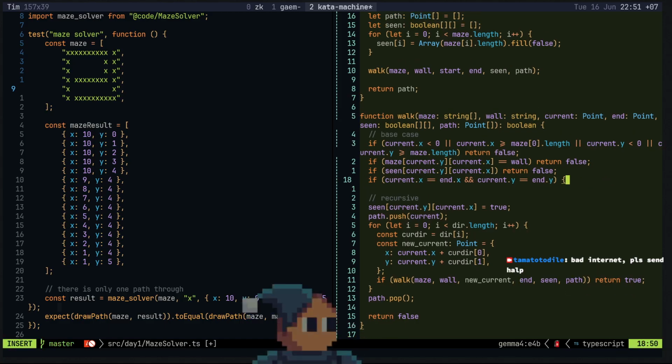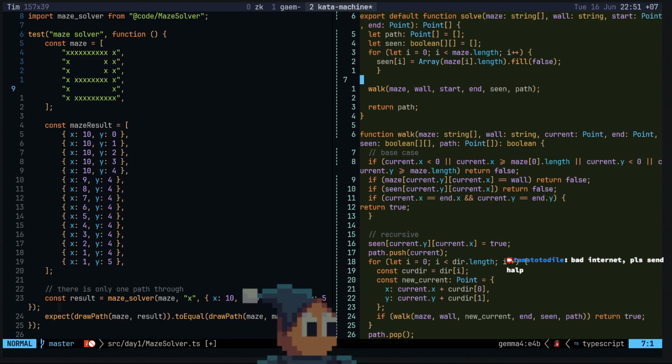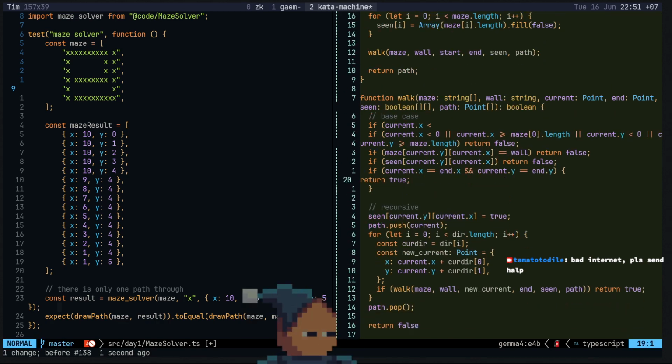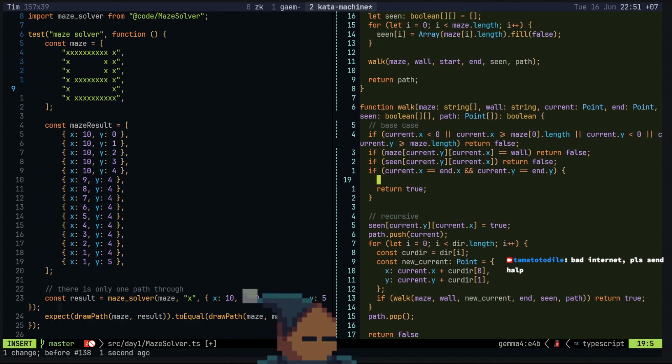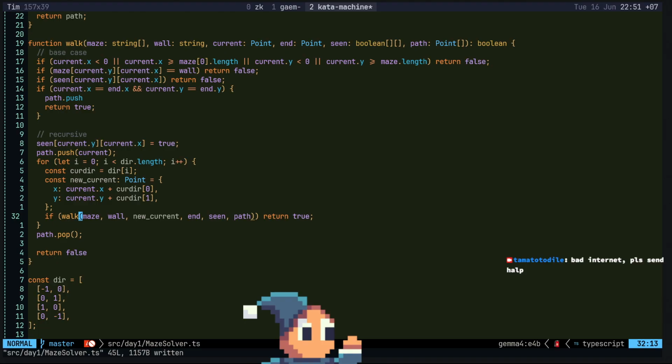I also saw this back when I was solving this for the first time. Completely forgot about that. Basically, we just need to append the last point as we finish the maze. We've looped through here.